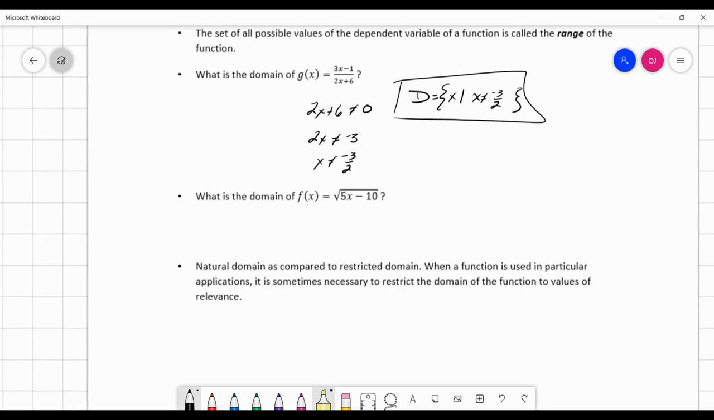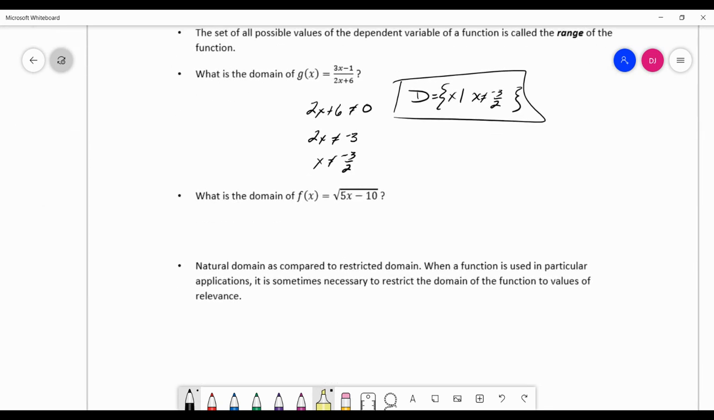Domain allergy number 2 is the radical here. Underneath that radical, where that 5x minus 10 is, that number cannot be negative. You cannot find the square root of a negative number. The value that's underneath the radical,